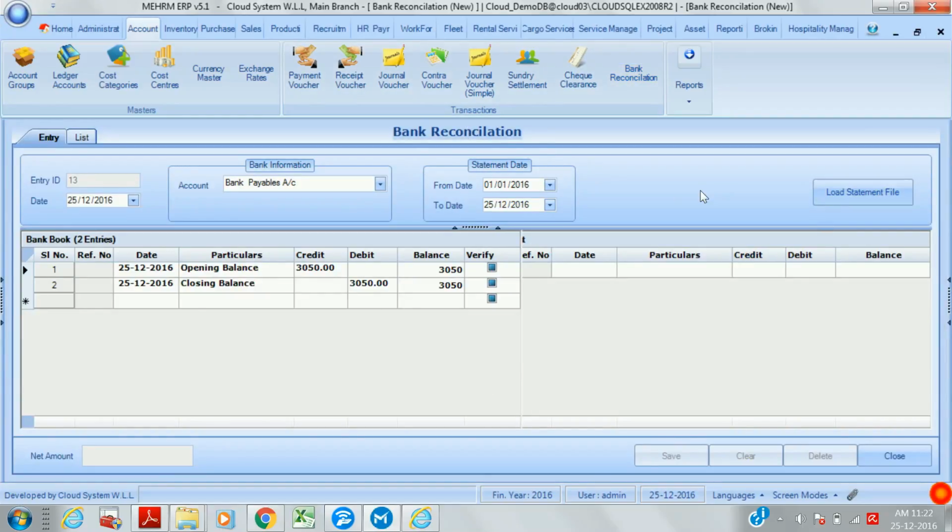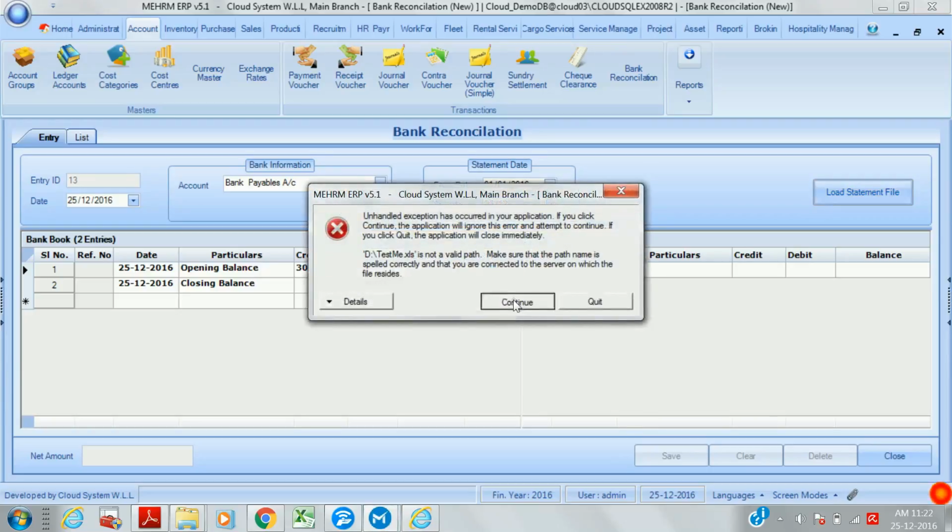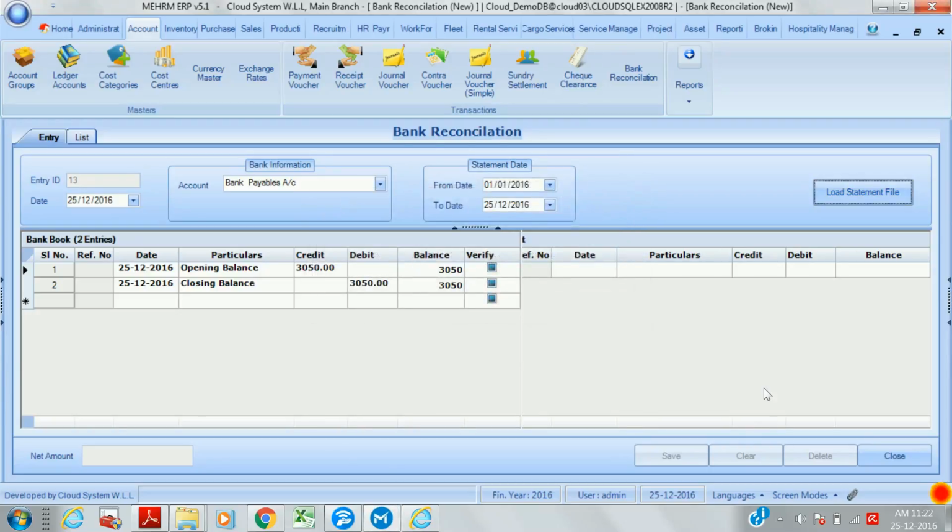We can get the Excel file from the bank, and just load the statement. Click the load statement. Automatically the Excel file will be listed here. This side it will be listed, and against this we can reconcile all the accounts, and we can match whether the bank statement and our statement is okay or not. We can check it,